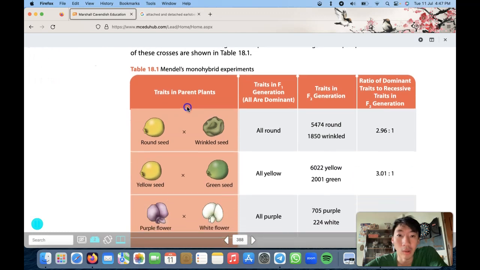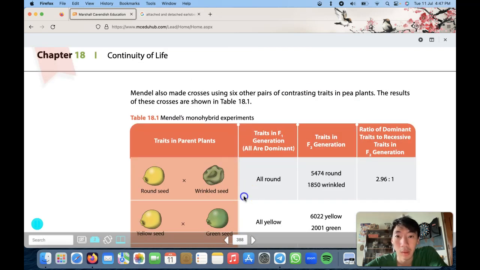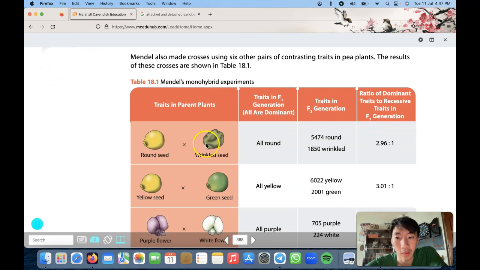He then started to record the number of seeds having a certain kind of trait. There are many different traits that he observed. Firstly, he checked round versus wrinkled. He noticed that there were about 5,474 round and only 1,850 wrinkled, which is a ratio of